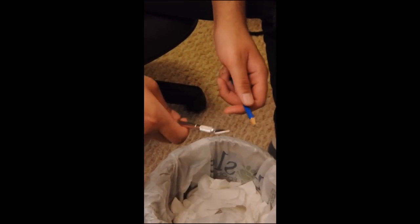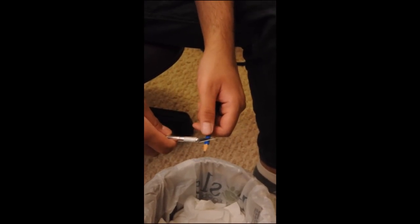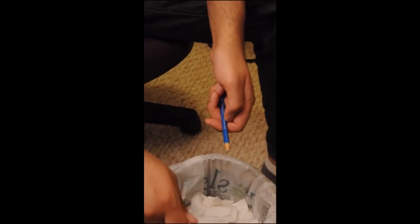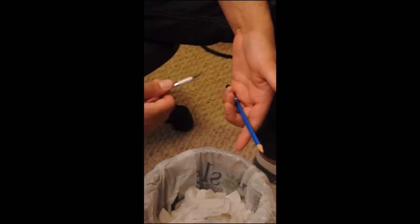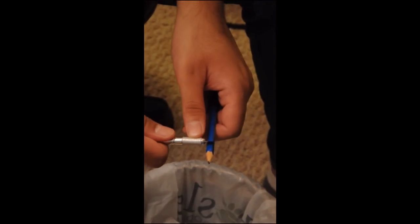The important thing when sharpening in this way is, first of all, be safe. Second of all, I'm not actually going to sharpen off the lead like this. I'm not moving the knife. The knife stays still. What I'm moving is the pencil underneath. So I have the pencil in my 4 fingers, right? And then my thumb is on top. And then I'm using my thumb